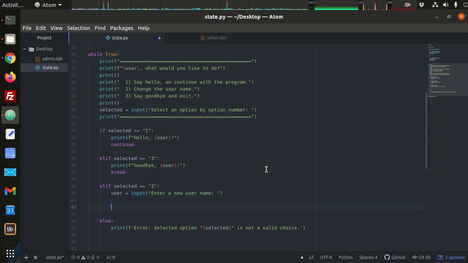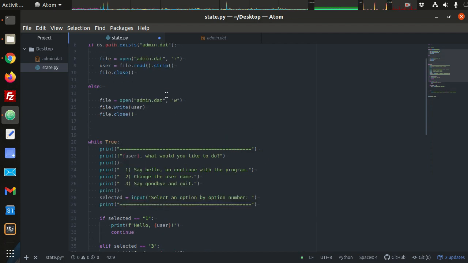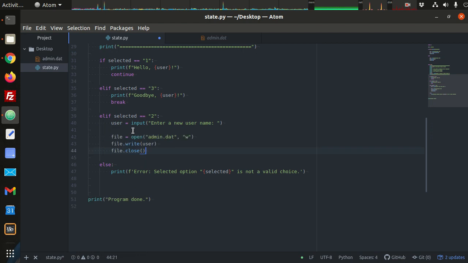So to auto-save, what do I have to do? Well, I'm basically just doing this code, right? I'm opening the file for writing, and I'm writing the new user value, and then I'm closing the file, right? So I could just copy and paste this. Alright, so if I